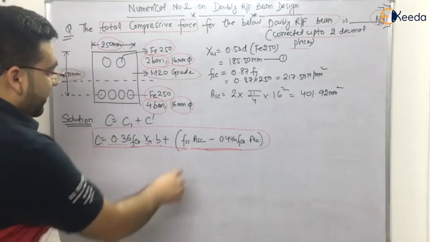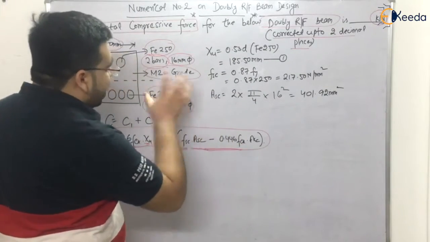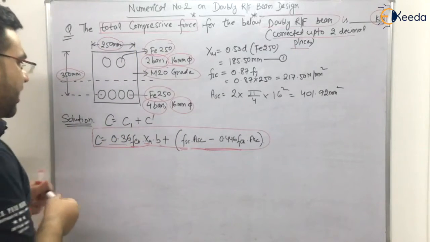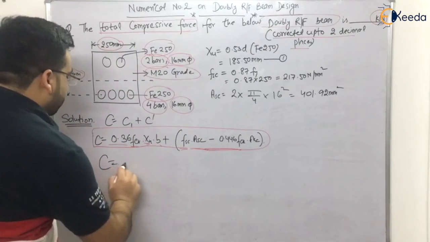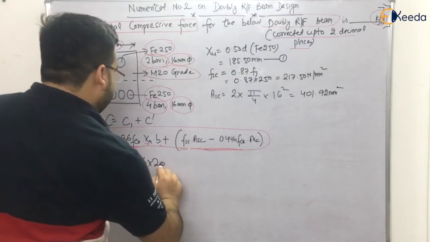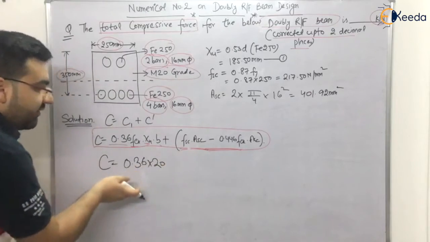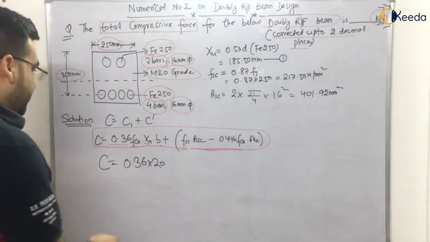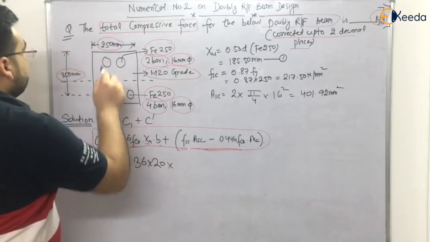401.92 mm square, right? So 0.446 FCK, FCK is 20, that is given. ASC we already know. Now just put the formula, you will get the answer. So C will be equal to 0.36, FCK is 20, and you have to divide it by 1000 also. Why? Because we have to get the answer in kilonewton, right? Into 20 into 250